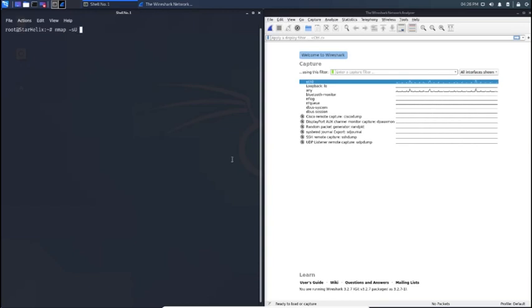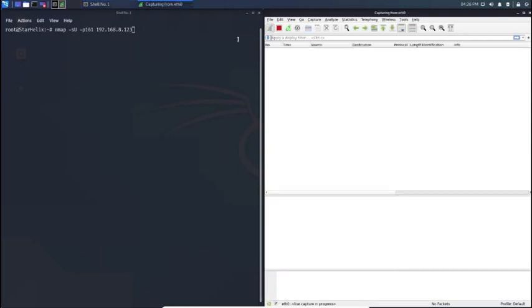We're going to choose port 161 this time on our target machine, which is going to be 8.123. So we start capturing, we hit enter,